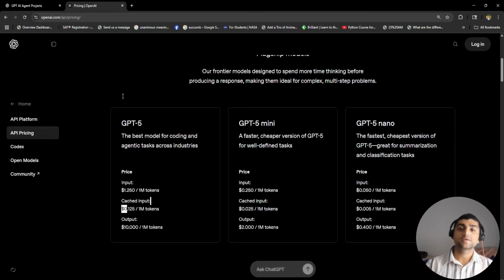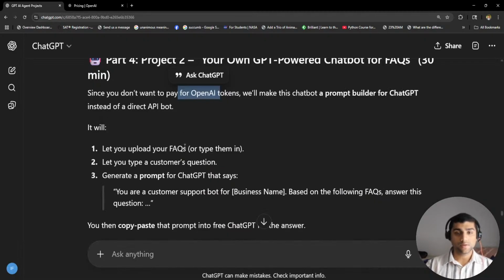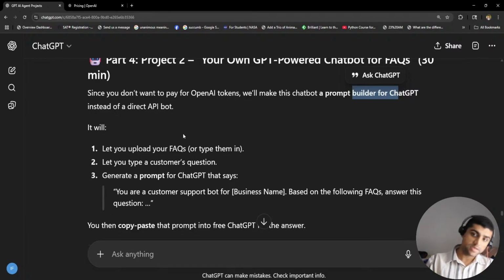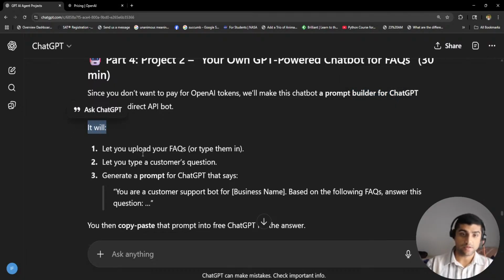One other option is open source ones, but we'll make this chatbot a prompt builder for ChatGPT instead of a direct API bot. It's just a prompt builder, so you can copy the prompt and put it into ChatGPT. Of course, if you want to scale it, then you can use the OpenAI API. But first of all,